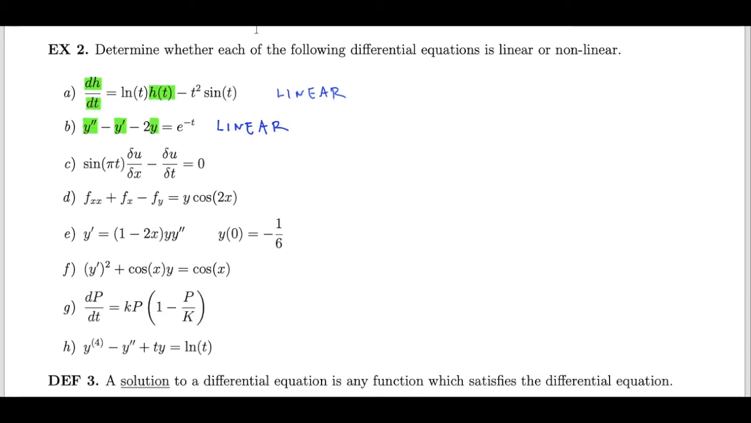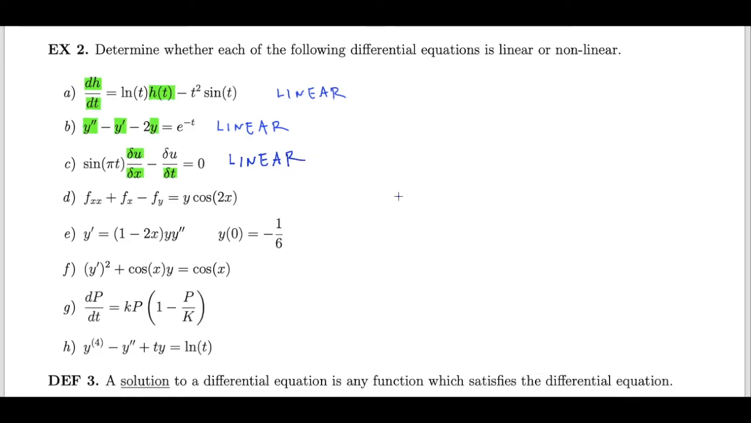Hopefully you're starting to get a hang of it. In part C, remember we said that the dependent variable was u, and the independent variables were x and t. So this partial of u with respect to x is a derivative term. This partial of u with respect to t is a derivative term. You get the idea. These two derivative terms are the only terms that I'm going to focus on when I'm trying to determine linearity. Since both of them are raised to the first power, this differential equation does qualify as